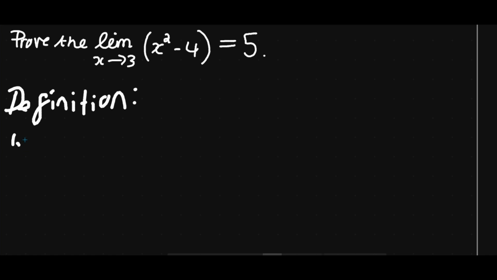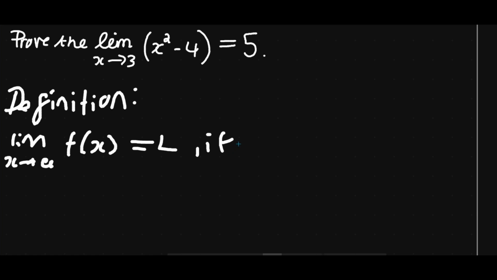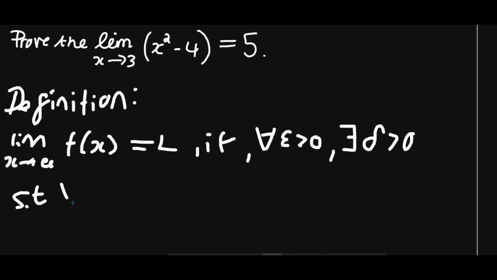So the limit as x approaches a of f of x equals L if. So what does this mean? Well, the limit as x approaches a of f of x equals L means that for all epsilon greater than 0 there exists a delta greater than 0 such that for all x in the real numbers